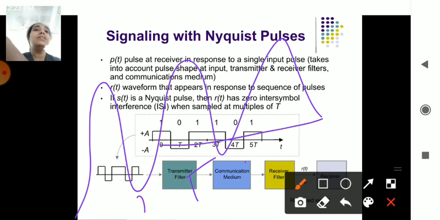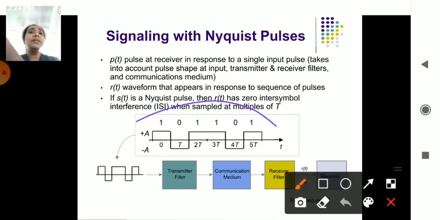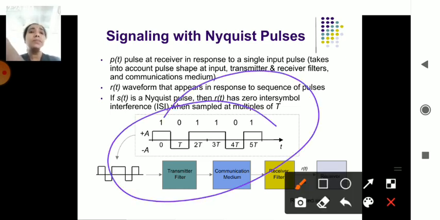Those are zero intersymbol interferences. Intersymbol interferences are the changes in degree in between. So you have an alpha, you have a decay, you have pi, you have T. Those are the symbols which are being used over the line. So in the signal, remember Nyquist pulse shape has all these concepts. You use various devices, mediums, transmitter, receiver, whatever it is. But when it is being transferred, it uses its own formats.